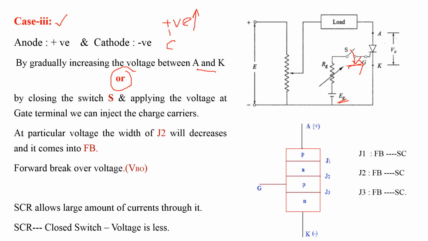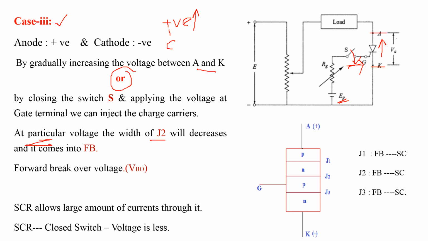By injecting charge carriers, while keeping the voltage between anode and cathode constant, or by gradually increasing the voltage between anode and cathode with the switch open, at a particular voltage